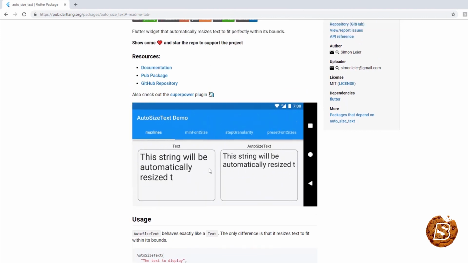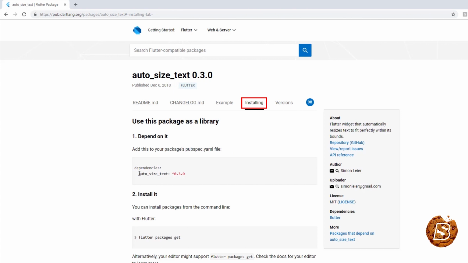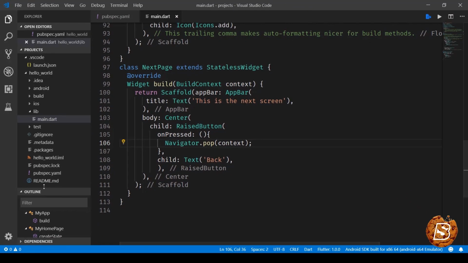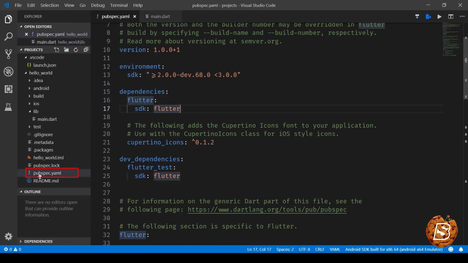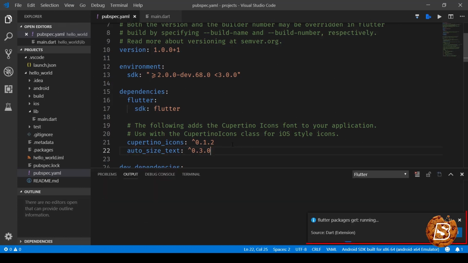Now, in order to install this, we'll be going to the installing tab, and there you'll see that this is the dependency that we need to have. Now, where exactly we'll need this line is the file called pubspec.yaml. So in our Visual Studio Code, I'll be going to pubspec.yaml file, and here just below this line I can go ahead and paste this auto size text, save it,